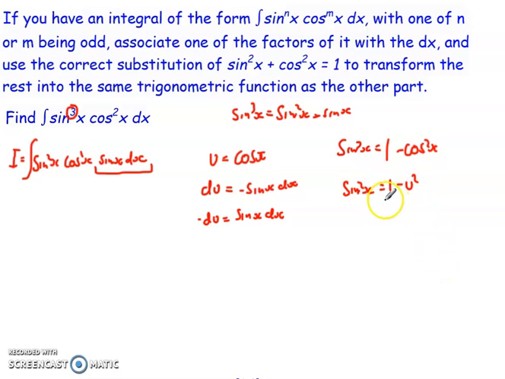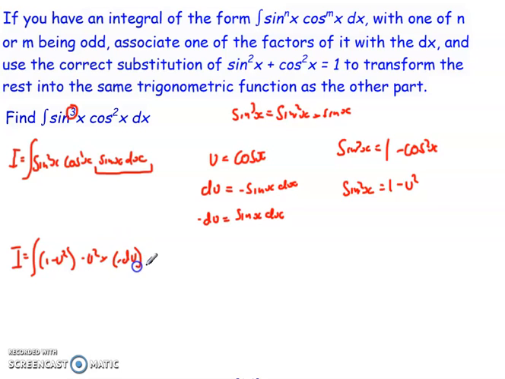So what I can then do is substitute the whole lot in here, and my integral I becomes the integral of 1 minus u squared times the cos squared, so times u squared there, then times the substitution for the sine x dx,